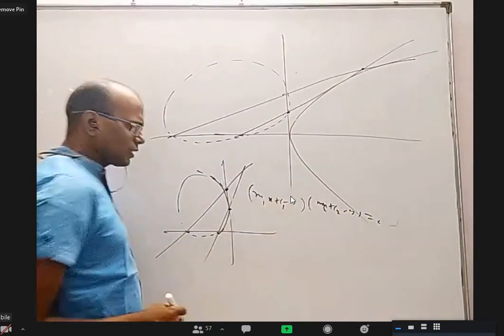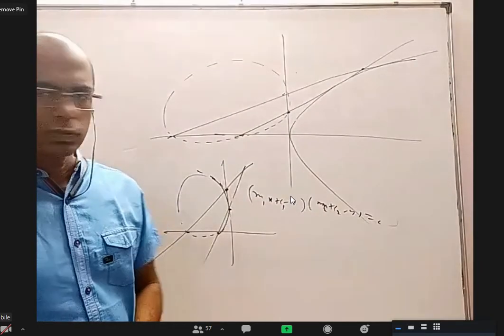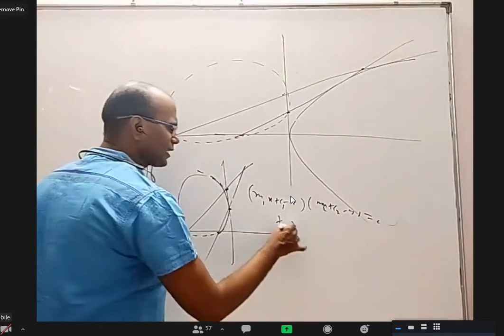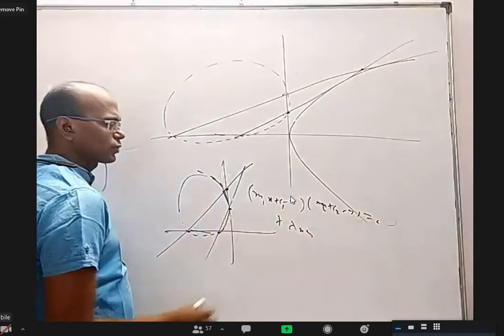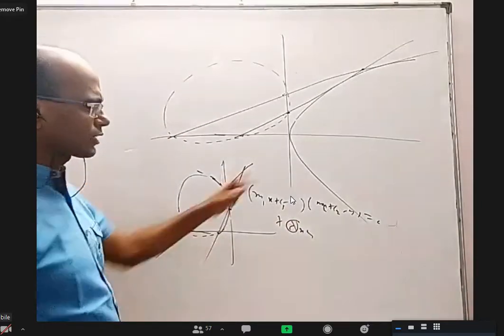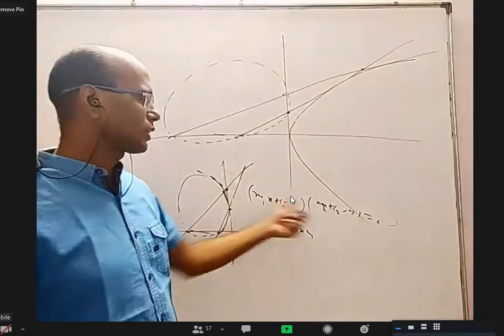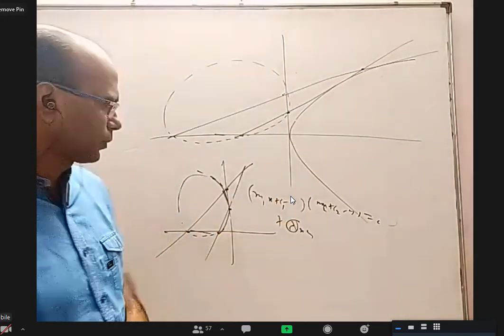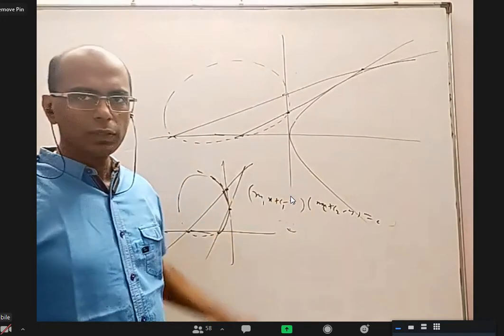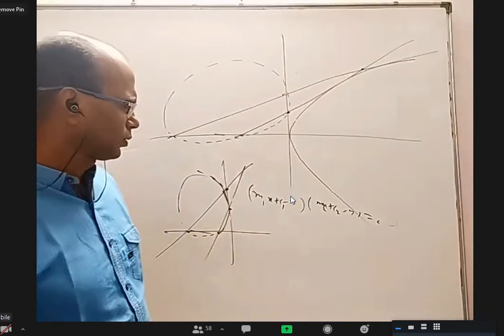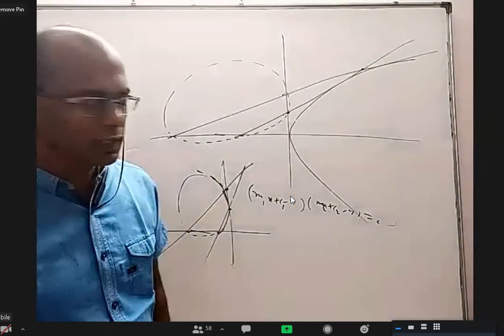But it is not necessary. This is a pair of lines, why should the xy term be 0? That is different. We'll take plus lambda xy, that is the combined equation of these two. We'll choose lambda such that xy will cancel. Including this and this, the xy coefficient should be 0. Not that in this product the xy coefficient should be 0. Is it okay? Yes, sir. M1 M2 into xy will get, no, sir. M1 M2 should be 0. No, that's what I'm saying, man. You are not listening.